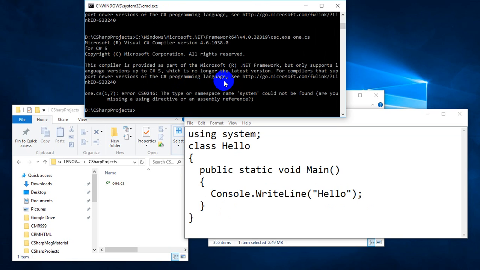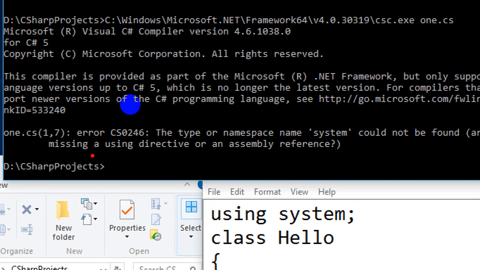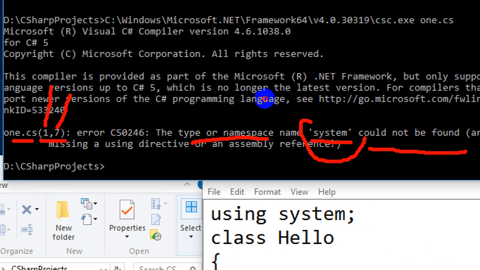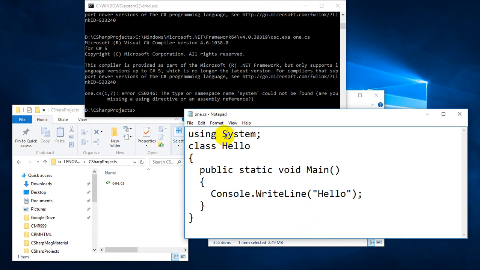I got an error. And you can see here that I got an error in this code, and you can see very well 1.cs 1,7. So this is first row and this is 7th character. First row 7th character error, and the type or namespace system could not be found. It's clearly telling that this cannot be found. By seeing this, you should be able to fix it, and you should realize that okay, S is capital and I have given it wrong here, so I should give S capital. So you can correct this. Now when you save it, it will compile successfully, and we already saw that.